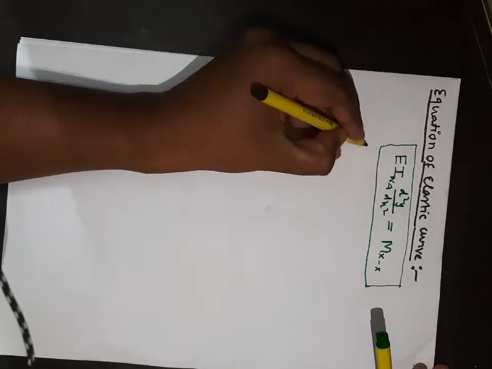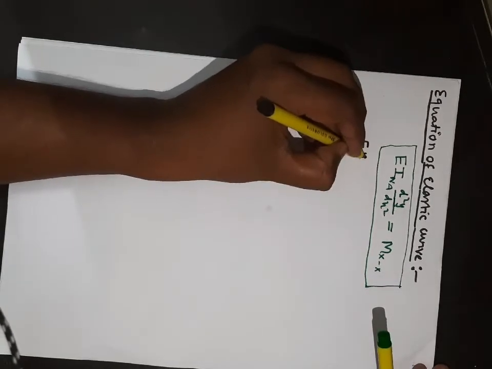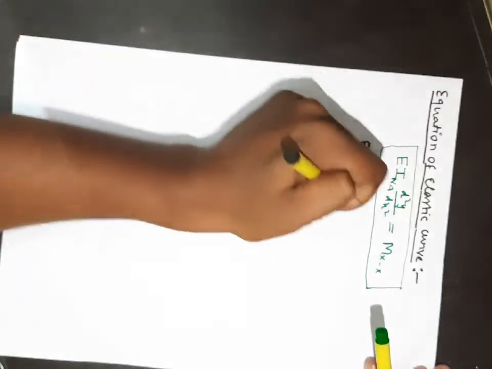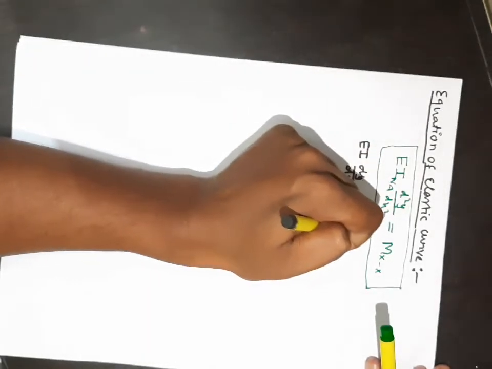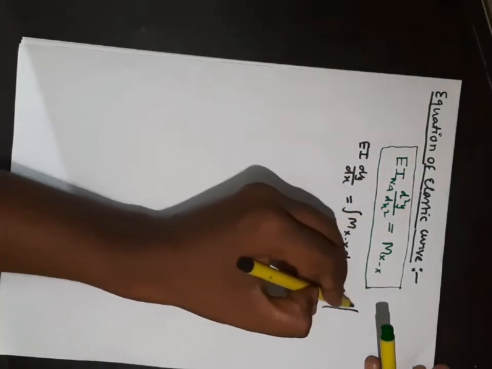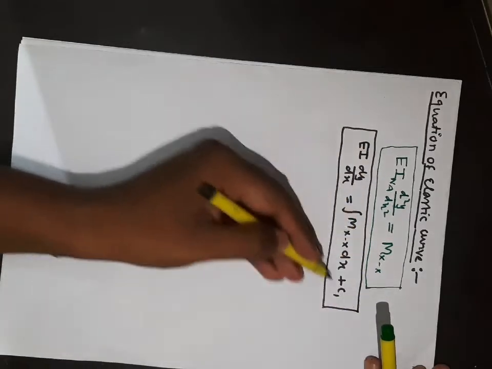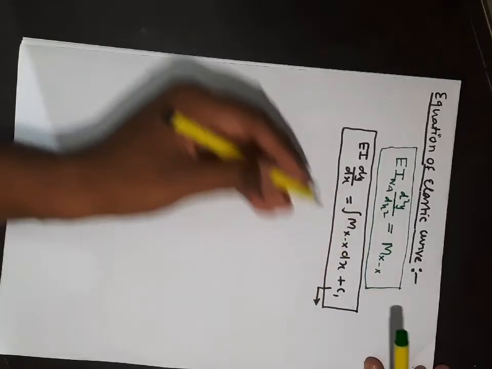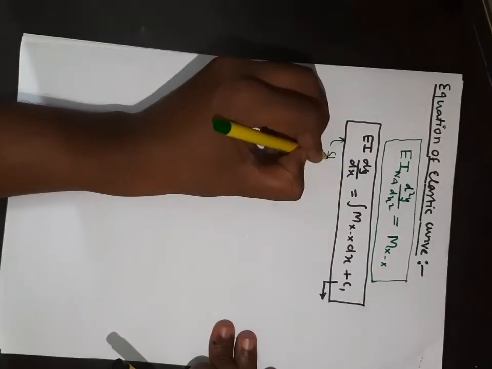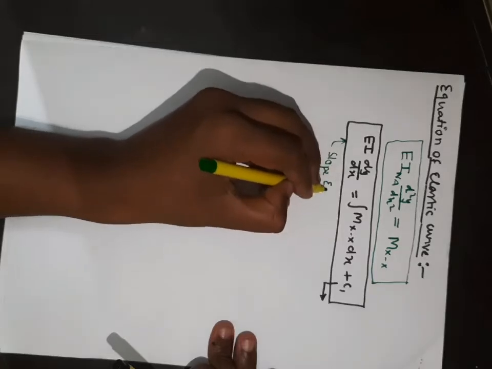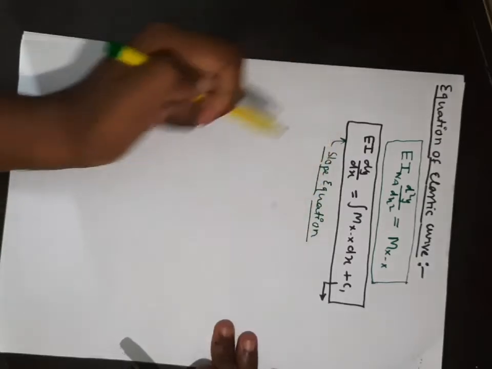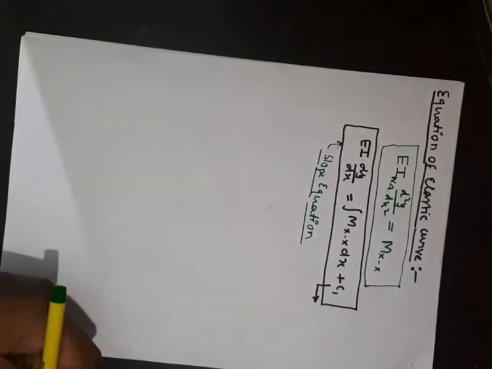If you integrate this equation the first time, EI dy/dx will give the integral of M dx plus a constant of integration. After calculating the value of the constant, this equation is known as the slope equation. This equation is known as what? Slope equation. If you again integrate this slope equation,